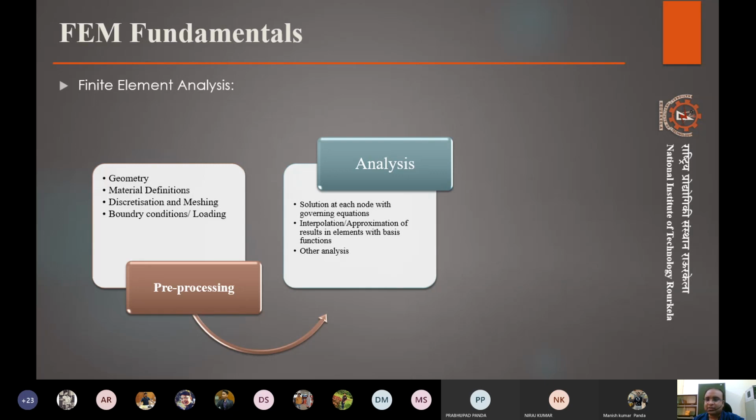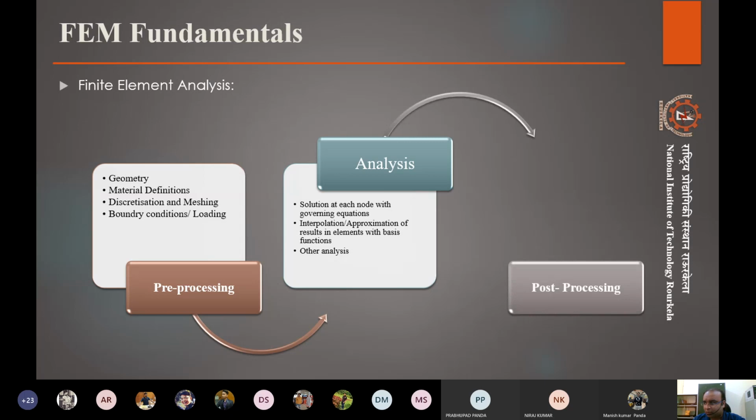Other analysis, like yesterday we couldn't, but we'll be seeing how some analysis like a strength reduction factor is there. So we reduce strength at every step and find out what is the effect of reducing that strength at each step. So that is a strength reduction analysis. There can be analysis like a sensitivity analysis, where the properties are being changed at divided intervals, like increasing the cohesion, increasing the friction, and so on. And there can be many more analyses that can be done. We'll be seeing some of them.